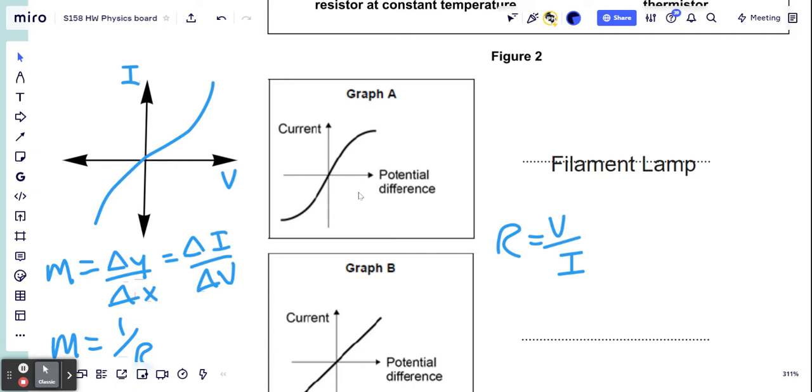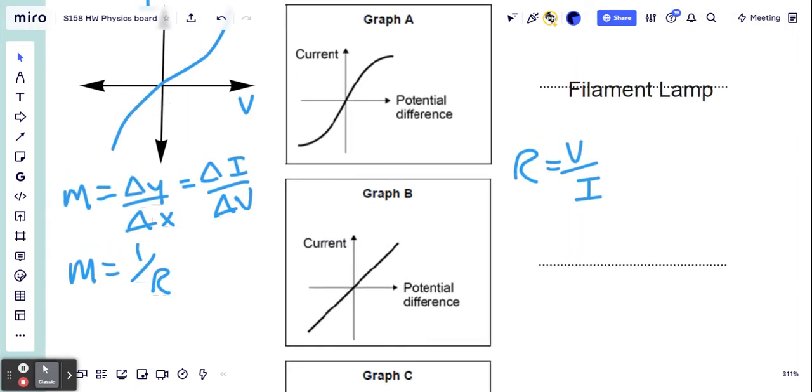Now, we know that as it heats up, the resistance increases. So what's happening here is the gradient is reducing. So it starts off steep and gets less steep. So what is the gradient in this case? Well, the gradient is going to be the change in y over the change in x. That would be the change in the current over the change in the voltage. Resistance is voltage divided by current. So that would mean the gradient is actually 1 over the resistance, because as you can see, that is that,